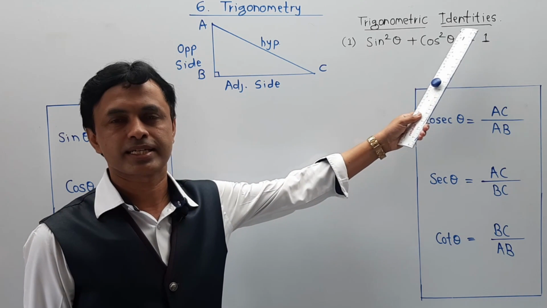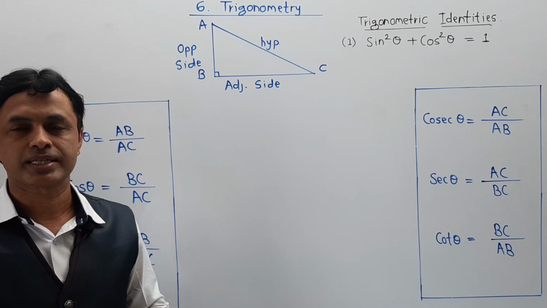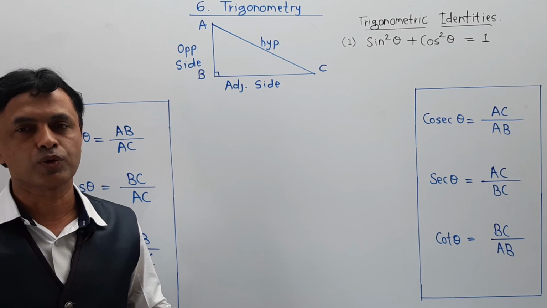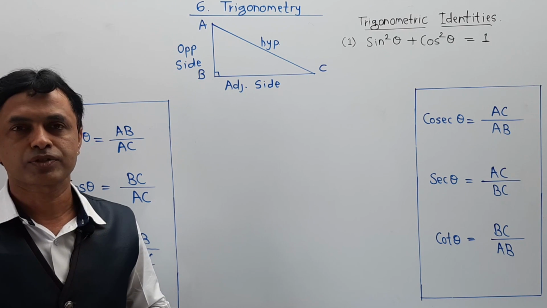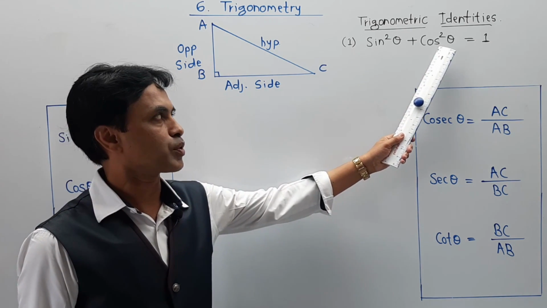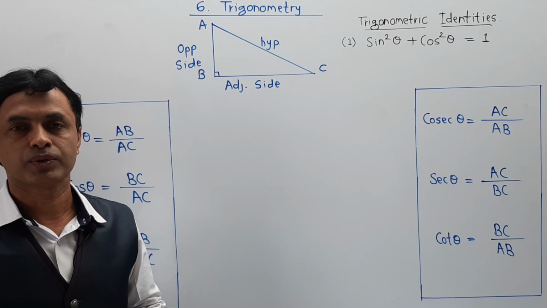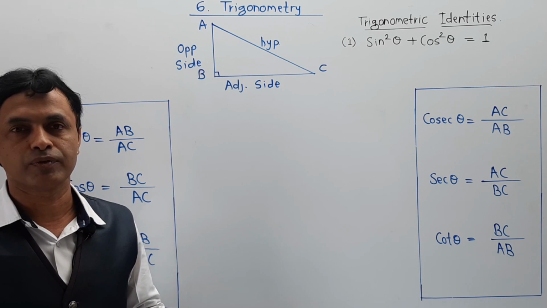Now students, with the help of the same structure, we are trying to understand the property called trigonometric identities. What exactly is meant by trigonometric identities? These are the fundamental properties that we use during the solution of numericals. The first property is sin square theta plus cos square theta is equal to 1. This is called a fundamental identity. In this lecture, we are trying to find the proof and how it arises.